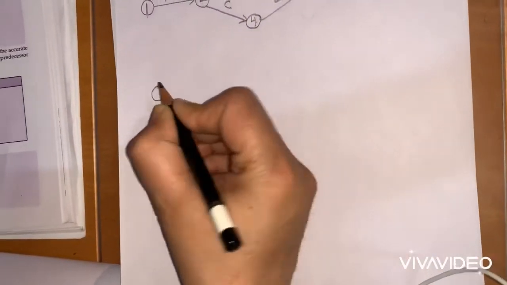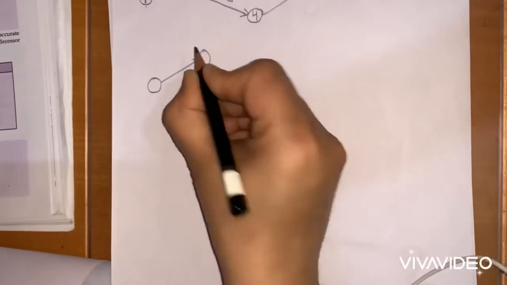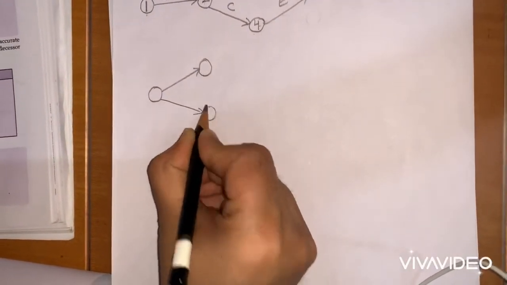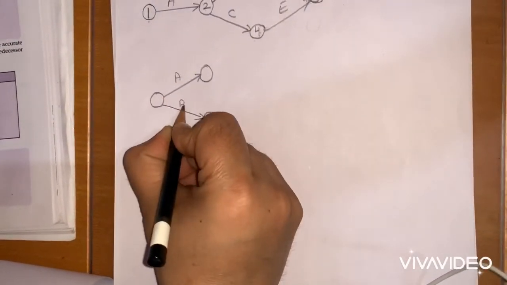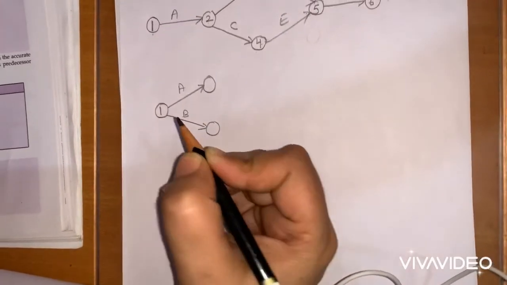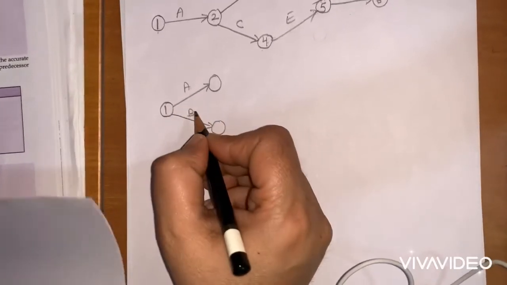An activity cannot be without an initial and end event. So I have drawn two activities A and B, and please note down: the start event is common because both activities have no predecessor activity. Start event is common, A and B. Now next,